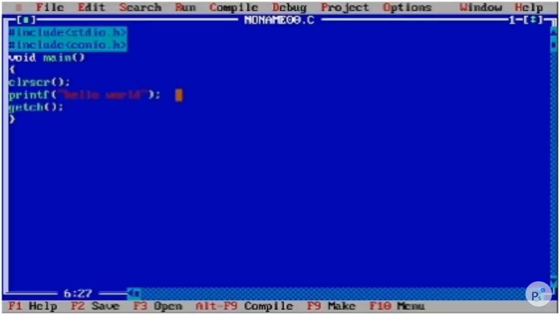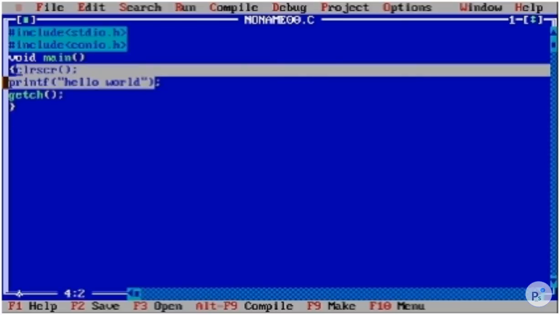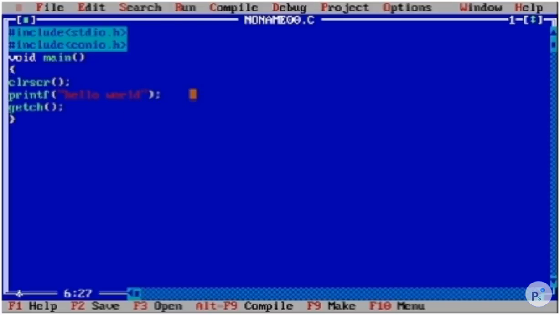So let's understand in a programmatic way. Let me remove the previous code. Oh, it's not working. Okay, so if you want to take input from user, we need to declare the variables first. If you want to take an integer from user, let's declare the data type first, int variable name.